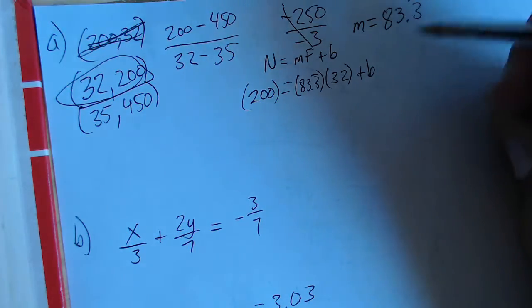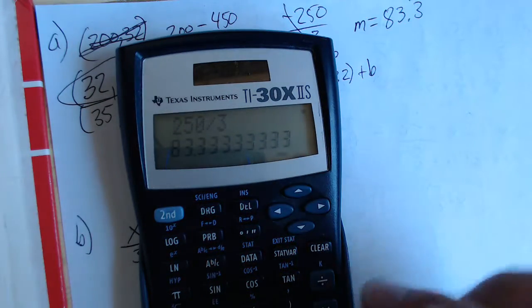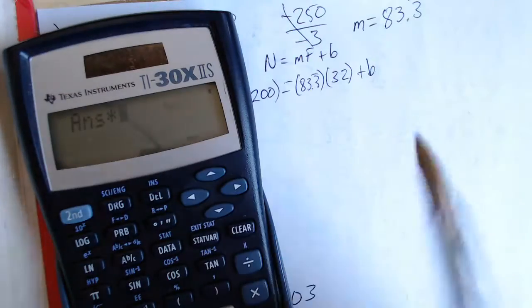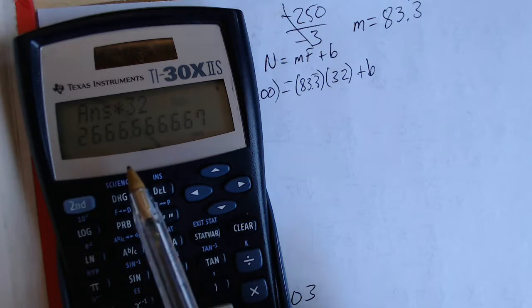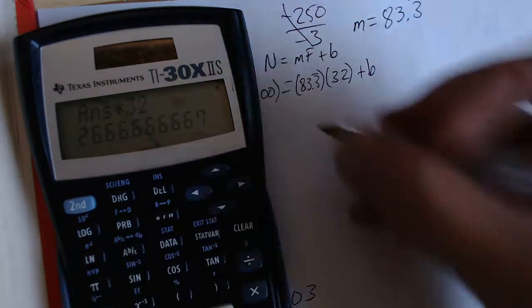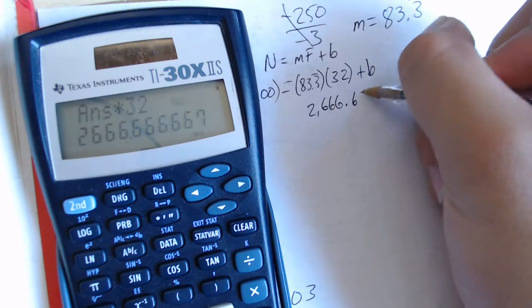And then I'm going to solve for b. So I'll take my calculator, and since it's already at 83.3, I'll just multiply it by the fluorine value of 32. That gives me 2,666.66667. I'll just round that to 2,666.67